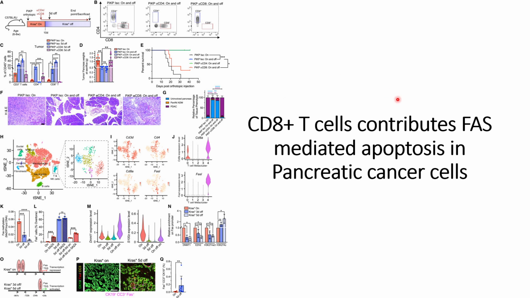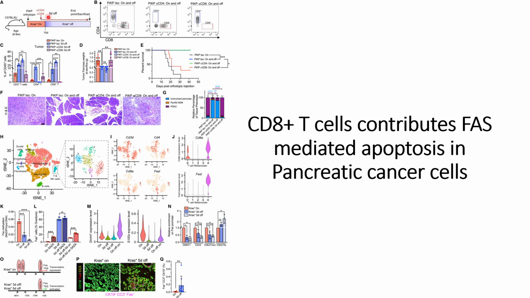In this video we will continue our discussion to go deeper and find out which subpopulation of the immune cells will interact with these FAS receptors on the pancreatic cancer cells. So this is the experimental procedure that they used. They took the mouse models, in which they inject the PIKP orthotopic mouse models, where they keep the KRAS mutations on,